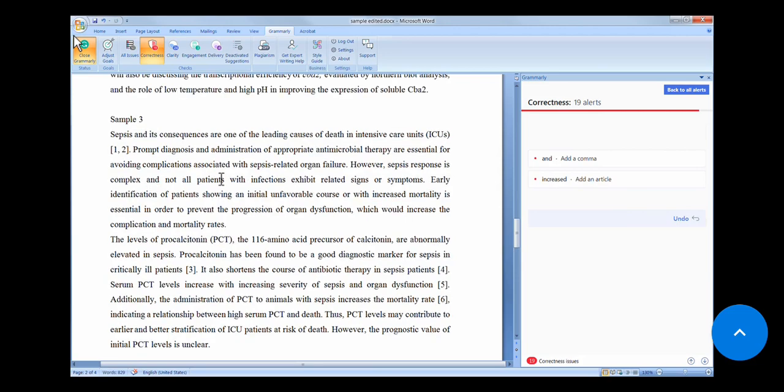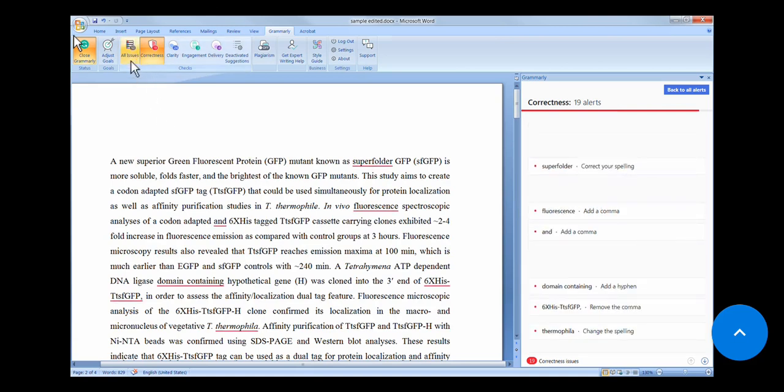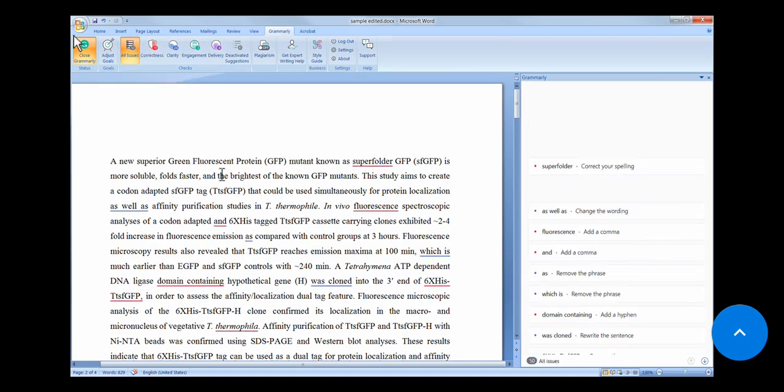Once you are done this way, then click on all issues. Now it will show many corrections which are not required or essential, so we can very quickly scroll down and just look.